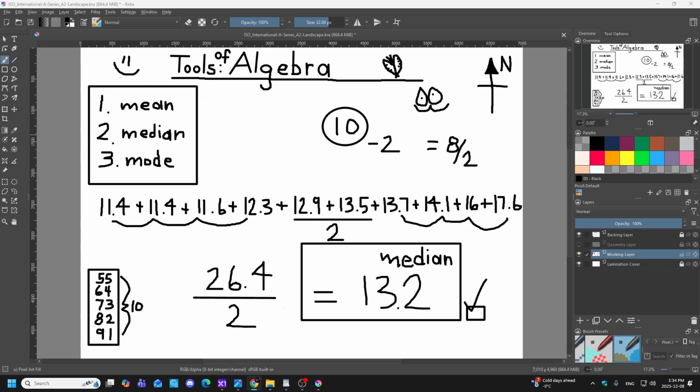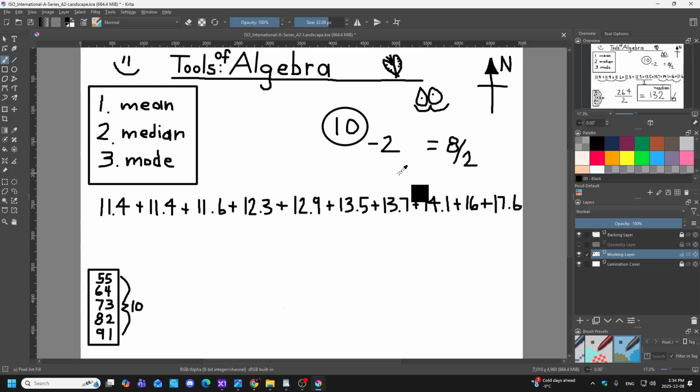Lastly, the mode, the value that appears most often. Okay, which value appears most often? Well, we do have 2 of these. 1, 2. So I'm going to go like that. There's 2 of those. We only have 1 of these, 1 of these, 1 of these, 1 of these, 1 of these, 1 of these, 1 of these, and 1 of these. There we go. Therefore,